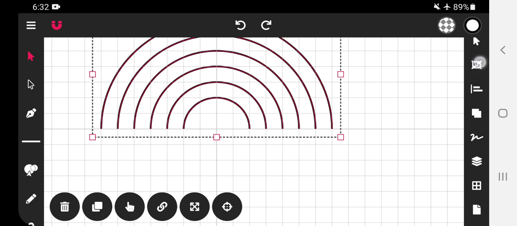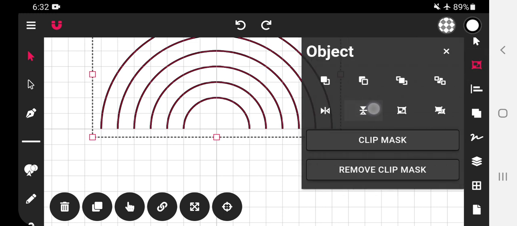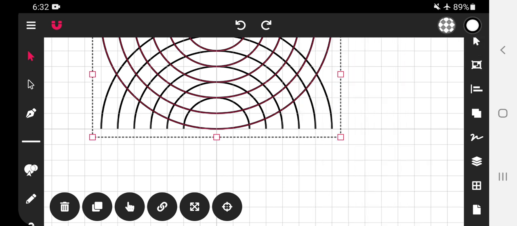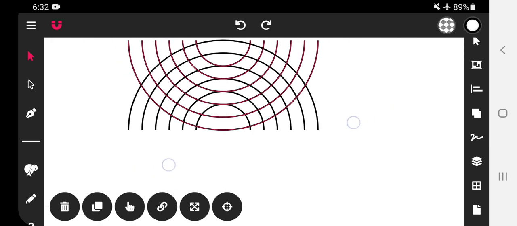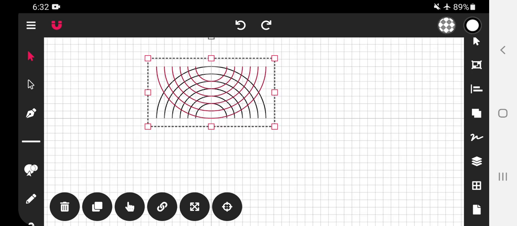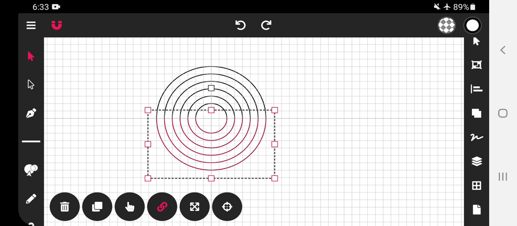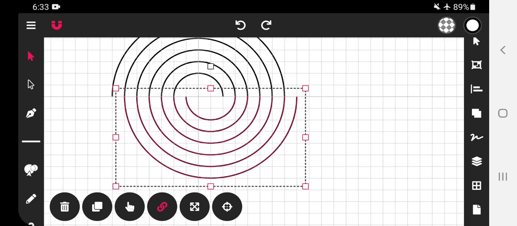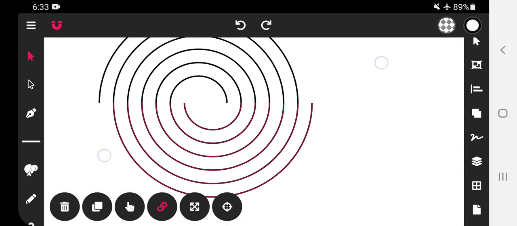Go to this objects option. Objects, and here it is a flip option. So the next copy which we have made is flipped. Now we will zoom out. Okay. Now select this option and move it downwards. Now the most important key point is you have to move it to one side. And because we have used snap to grid, it will snap after 10 pixels. So you can see it has snapped.